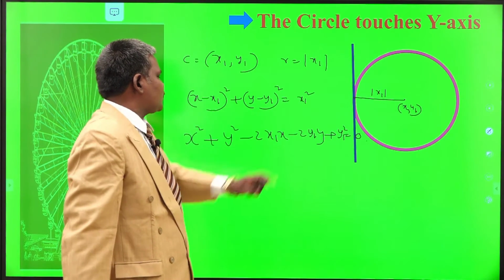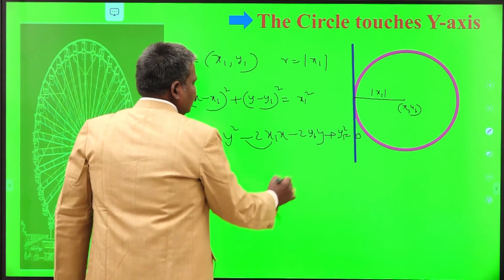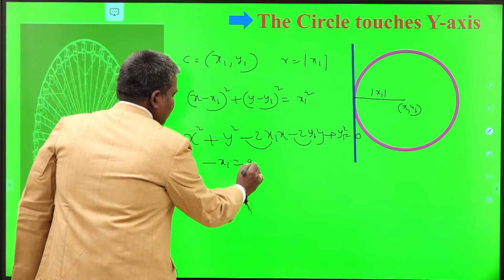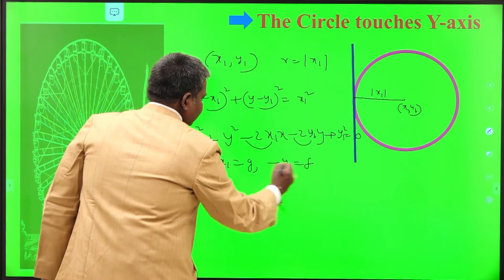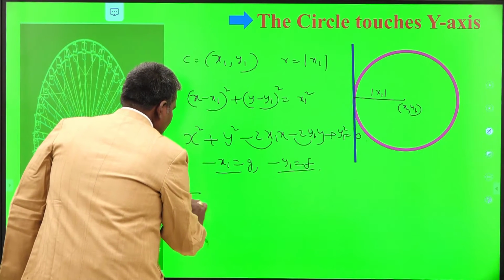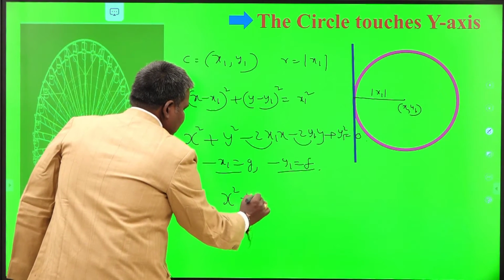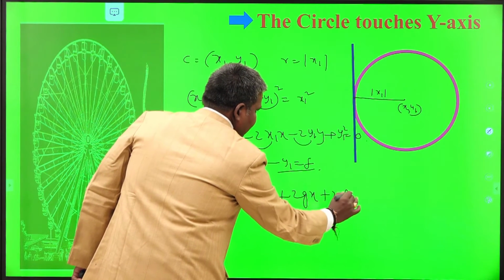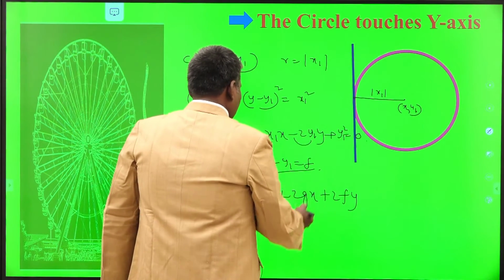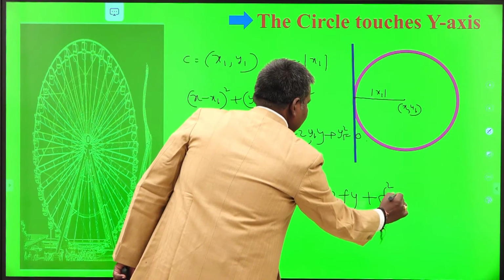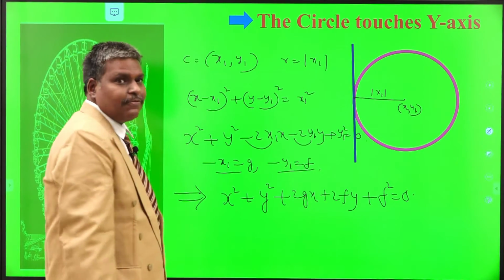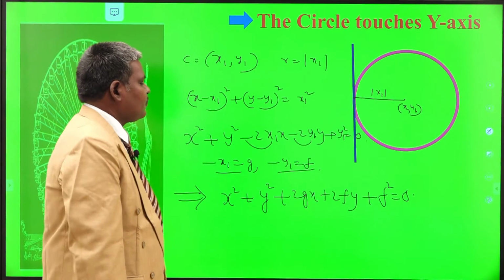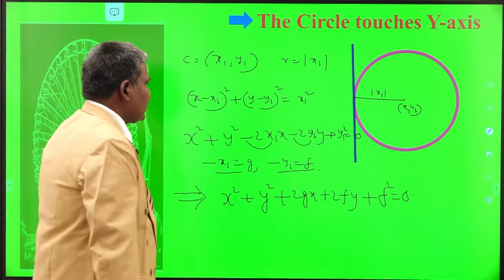Because x1 square gets cancelled. We know minus x1 is g, minus y1 is f. The equation becomes x square plus y square plus 2gx plus 2fy. What is y1 square? y1 square is nothing but f square, minus f whole square, or f square is same. Minus f whole square. Minus 1 square is nothing but 1. x square plus y square plus 2gx plus 2fy plus f square equal to 0 is the equation of circle